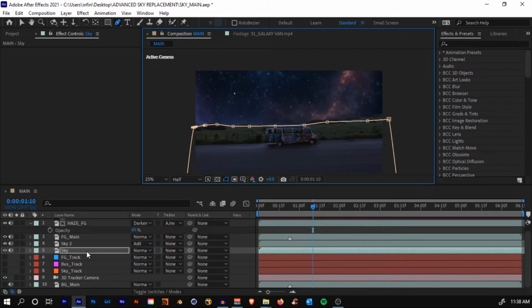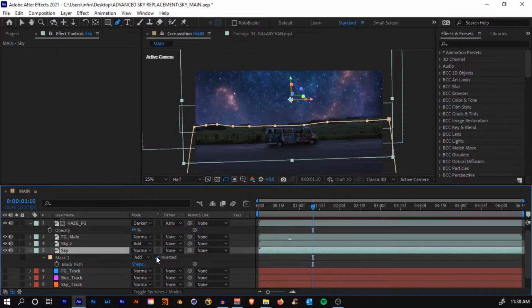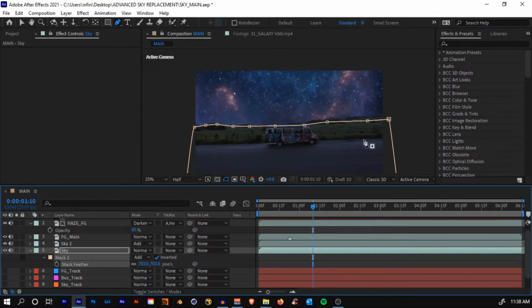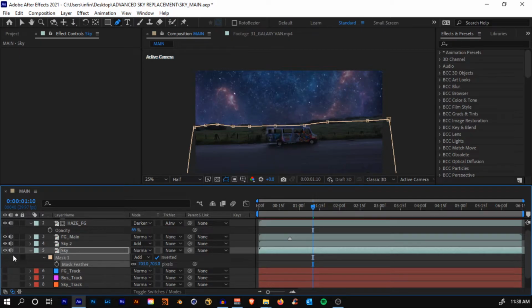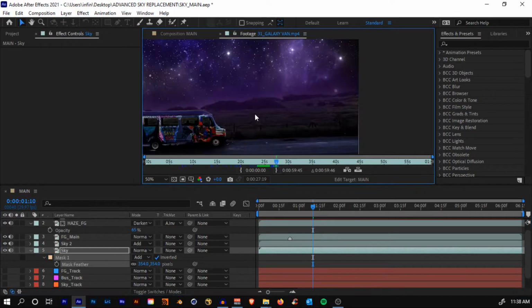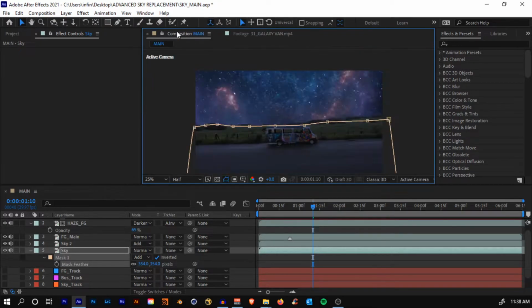Hit M on your keyboard and invert the mask and hit F and feather it out. So what I'm trying to do is, I'm just trying to fade this part a little bit. You'll see if I just increase the feather, it just turns out to be a little more black, like in the example right here. So just feather it out.